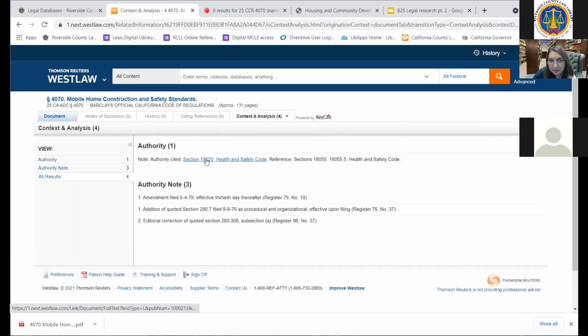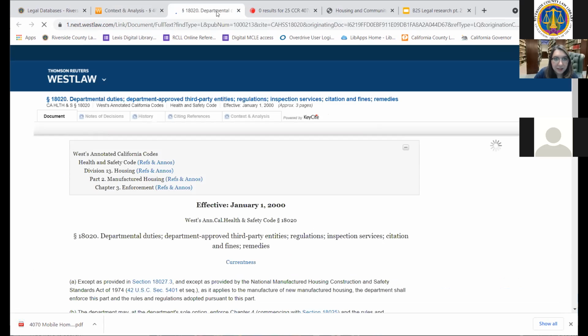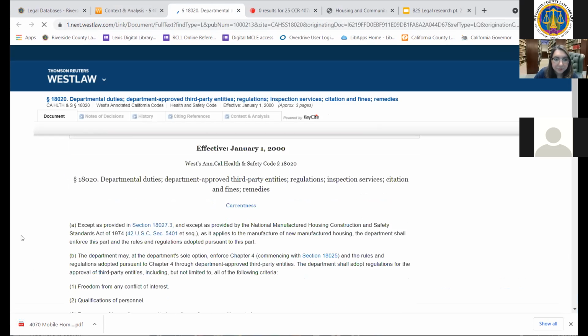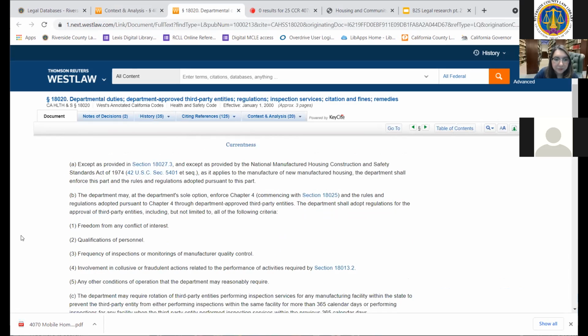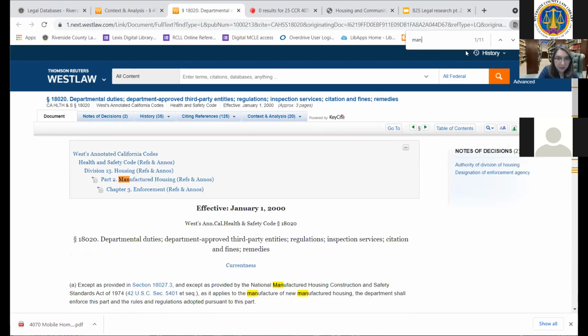So kind of going over to the content and analysis. So it cites this section from the Health and Safety Code as their primary authority. So I'm just kind of curious. So let's see what that is. Well, it doesn't have any reference to mobile home, but maybe it has manufactured housing. So remember our previous,